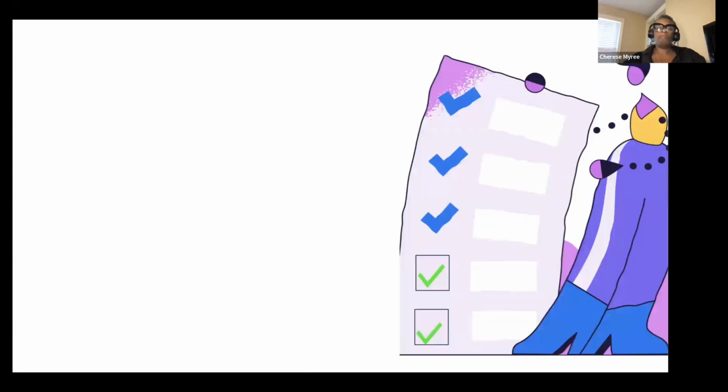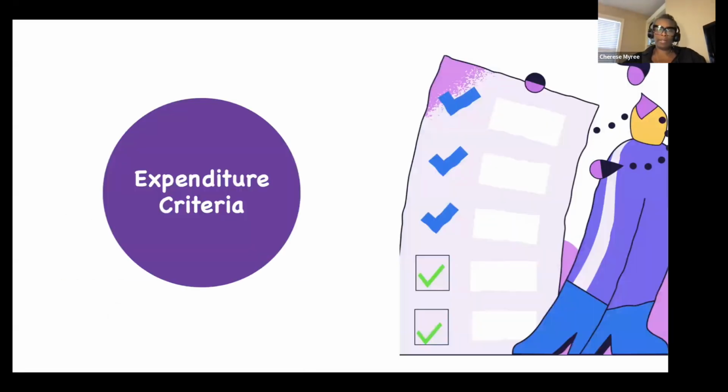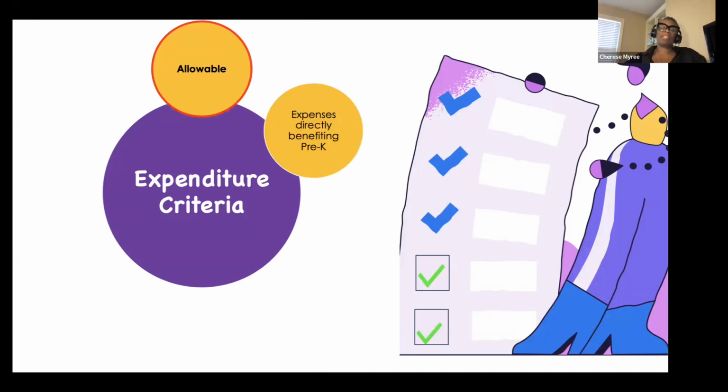And so for that, there are certain criteria that need to be applied when we're talking about pre-K expenditures, or expenditures of any type, really. So those expenditures have to be allowable. They have to be expenses that directly benefit pre-K. So if you have expenses as an organization that you would have regardless of if you had pre-K, those expenses aren't necessarily allocable to pre-K. When you can demonstrate that pre-K benefited from those particular expenses that you already have, then those would be allocable